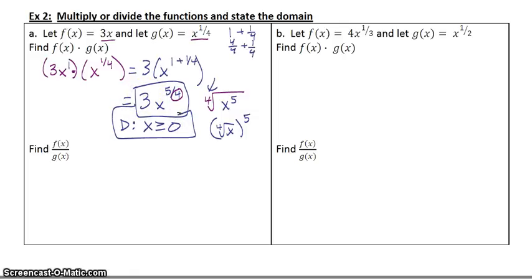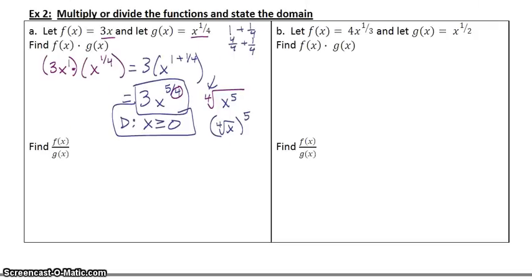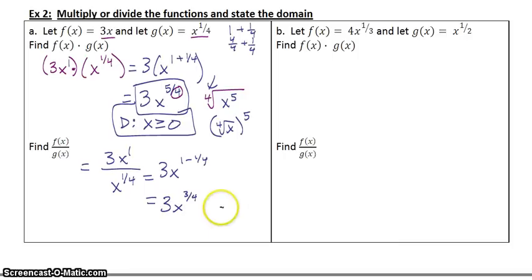Now let's do some dividing with those same functions. I'm going to now have 3x divided by x to the 1/4. And remember exponent properties here, I do top subtract bottom, 1 subtract 1/4 for my new power. And 1 subtract 1/4 is 3/4. So I've got 3x to the 3/4. And that would be a fine answer, okay, but if I convert it